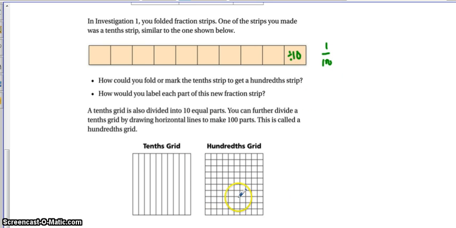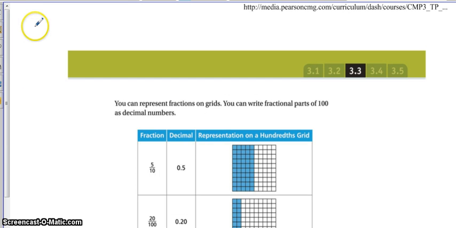We can also take this and look at grids and see that if we had a square, a box cut into tenths, that we cut into tenths horizontally, we would now have 100 boxes, 10 by 10. This is often referred to as a hundreds grid or hundreds chart. So 1/10 here is going to be the equivalent, and I'll color it over here on the other side, of 10 hundredths. And a 100th would be just this little tiny box. It'd be 1/10 of 1/10. All right, so moving forward,